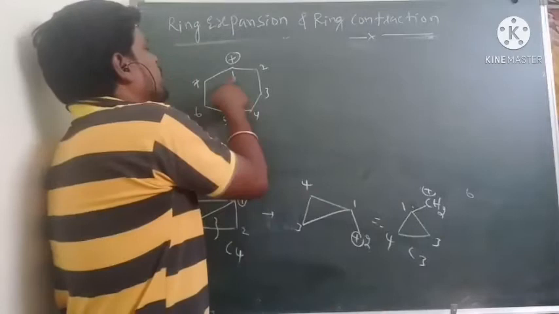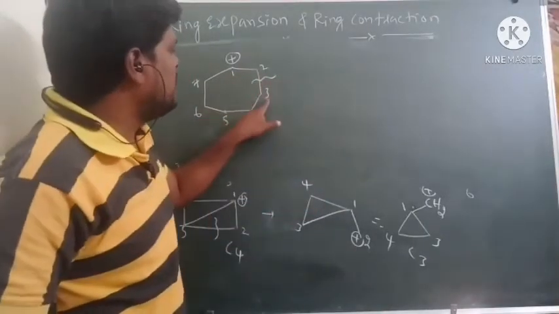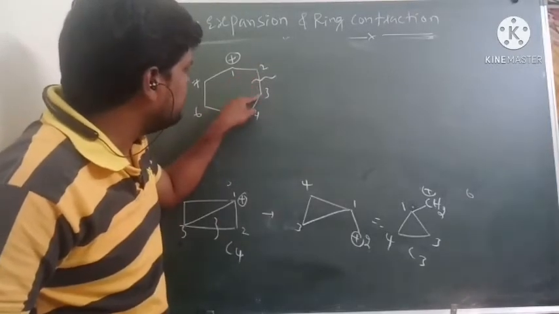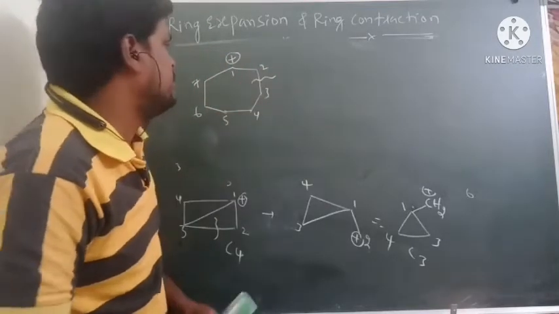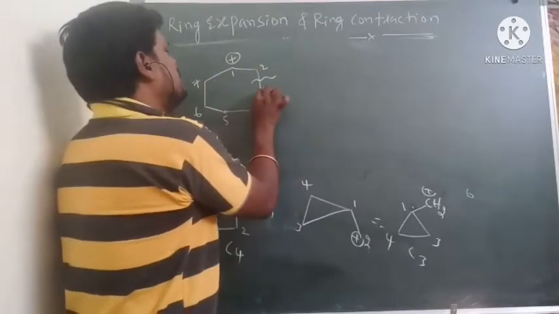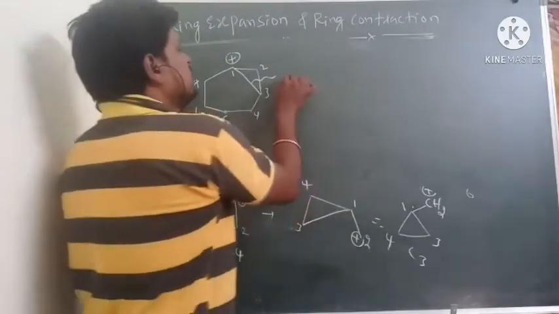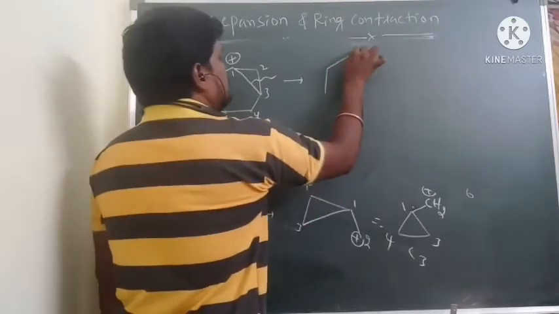So here 1 and 2, and 2 and 3. I mean the covalent bond. It is a covalent bond, right? This covalent bond will break between the second and third carbon. So immediately what happens? This third carbon bonds with the first carbon of positive charge, right? So in the next step, the structure is like this,